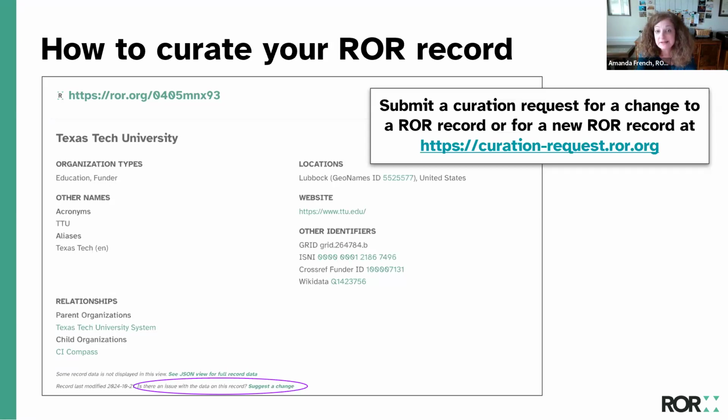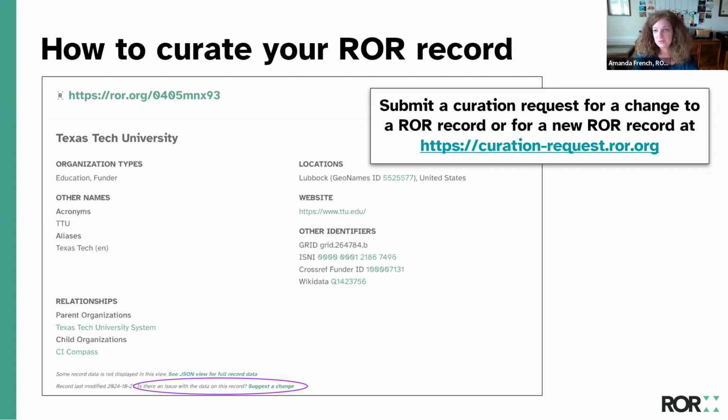And then two, I wanted to reiterate Kyle's point that improving ROR metadata as far upstream as possible, including in ROR, improves organization metadata in all of the systems that use ROR, including OpenAlex. That is why we try to make it very easy to improve the metadata in ROR. Here is another screenshot of our web search at ror.org/search, and here's the record for Texas Tech.